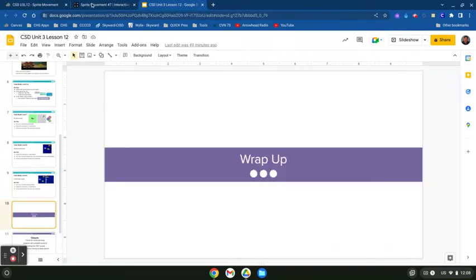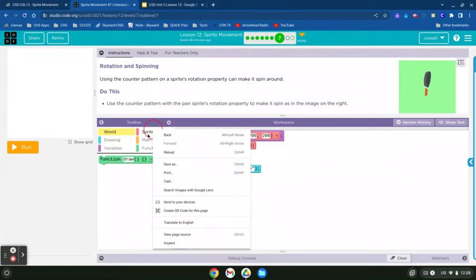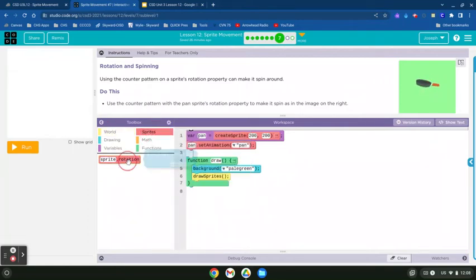Let's go ahead and finish this one. So use the counter pattern with the pan spinning rotation property to make it spin as in the image to the right. So let's go ahead and do sprite. And there's rotation finally. So you can do a couple things. I would probably put it into the program. And the reason why is last